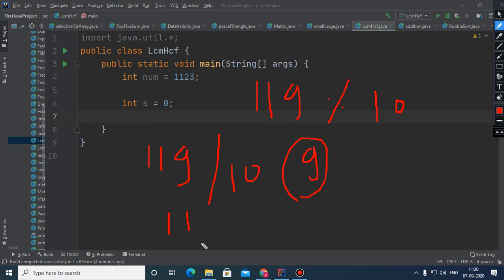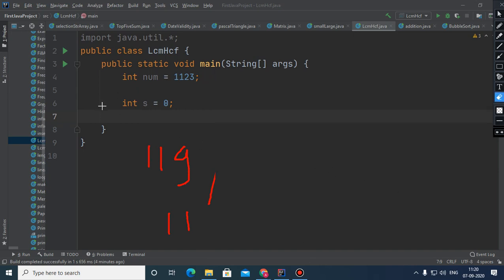So every time, modulus by 10 will extract the last digit for you, and division by 10 eliminates the last digit from the number. This is how you can use the modulus and division operators in order to calculate the sum of the digits.